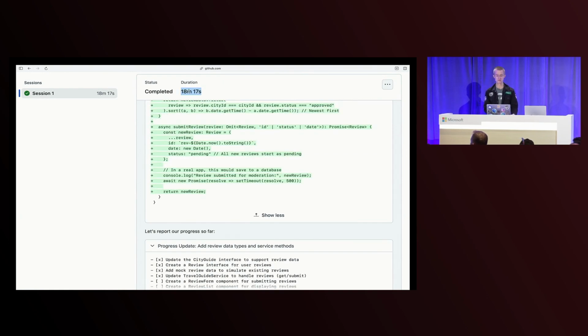So you can see here at the top that this session took 18 minutes to create this new feature. These sessions can obviously range a bunch in how long they take. At the bottom end, you see sessions that take like 2 or 3 minutes if it's a simple couple of lines change. And we currently have a time limit cap of 59 minutes. The reason we do that is because we've just seen that when the agent goes beyond a certain amount of time, it's very likely to be lost and confused. So we limit that to not keep running if it's going to spend a bunch of actions minutes and use a bunch of LLM requests, but not actually produce a useful result at the end.